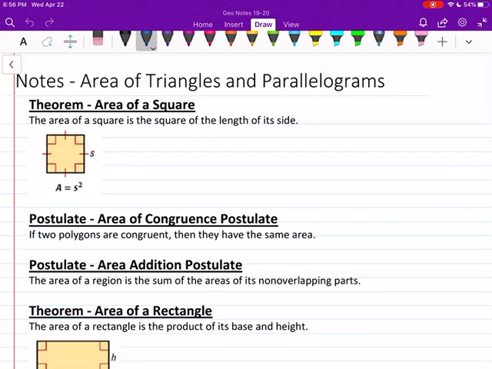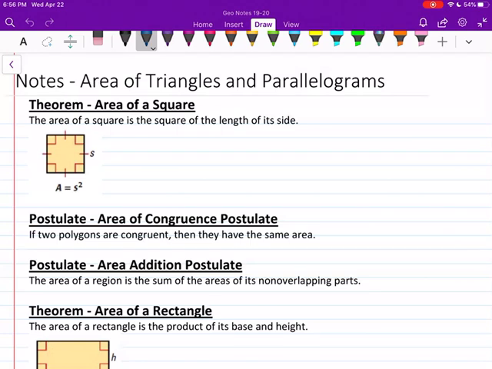And it says that the area of a square is the square of the length of its side. And so in our picture here, we see that the side length is s. So our area is equal to s squared. Our next thing is a postulate about area of congruence. And so this says that if two polygons are congruent, then they have the same area. Well, that makes sense. If they're the same shape and size, then they're going to occupy the same amount of